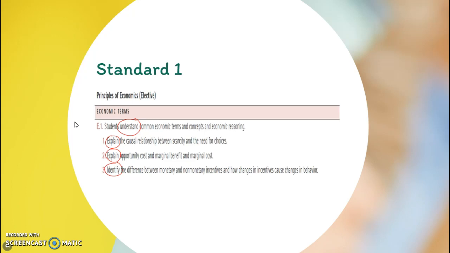And then we work through that together, and the students have to decide who gets access to the kidney dialysis machines. And I think that helps them get a real handle on scarcity and the need for choices. And then once they understand that concept, they're going to be able to explain it to another person or another student. For opportunity cost, then, a teaching strategy that I use is to talk about the true